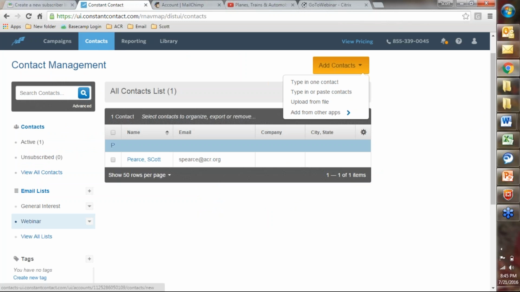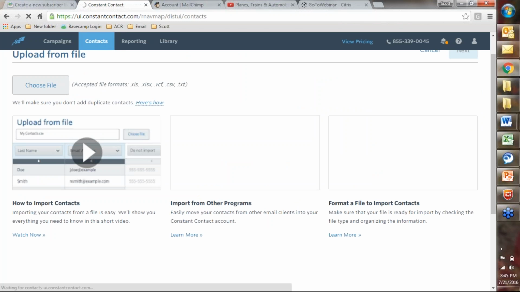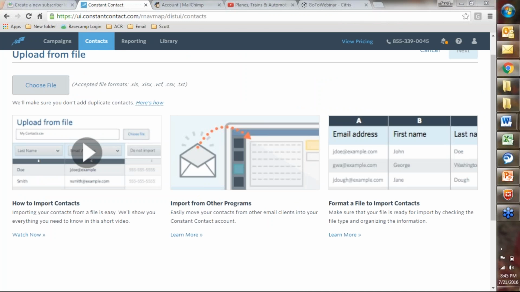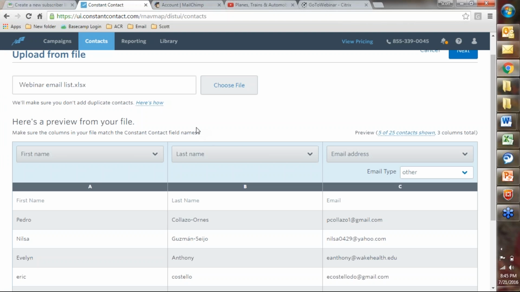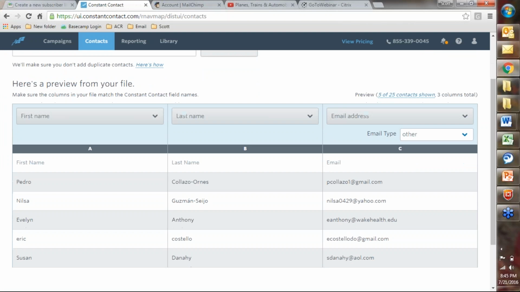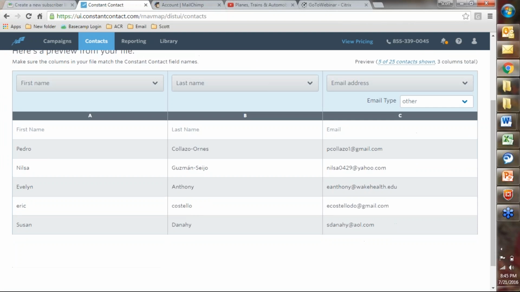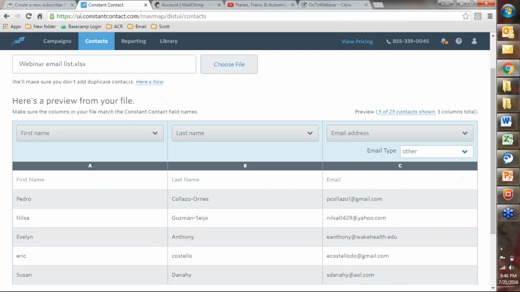All right, so here we go. Sorry, let me put it up. Just quickly upload from a file. It's very easy, and it shows you all the different ones. I've already got names and emails, so you can just go ahead and it'll import. And then after it imports, it shows you right here all of the different names, etc., and how it's going to look.